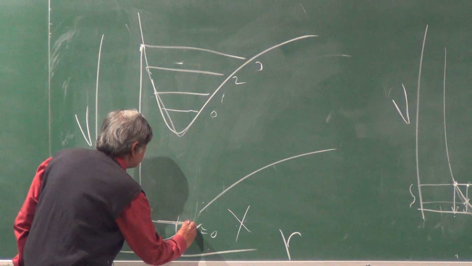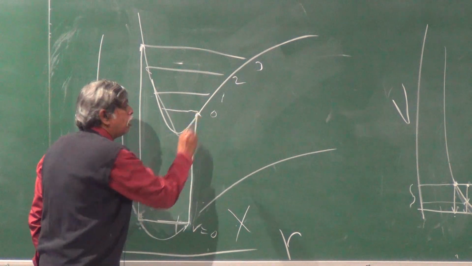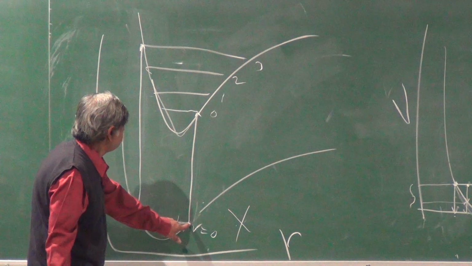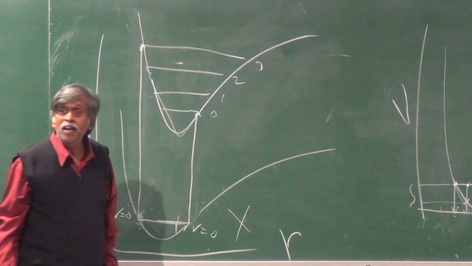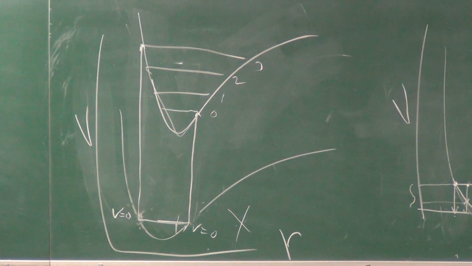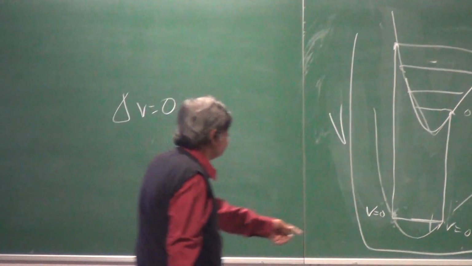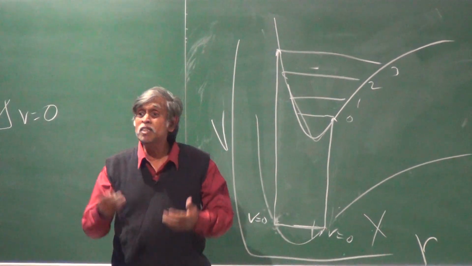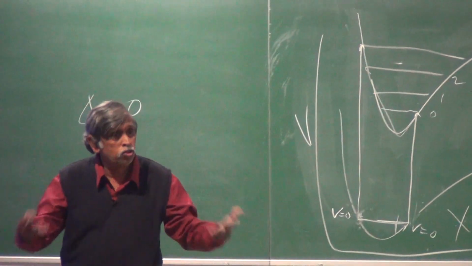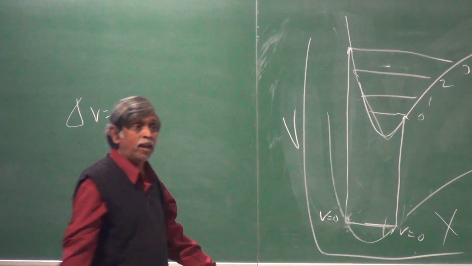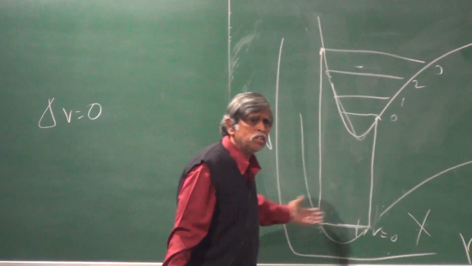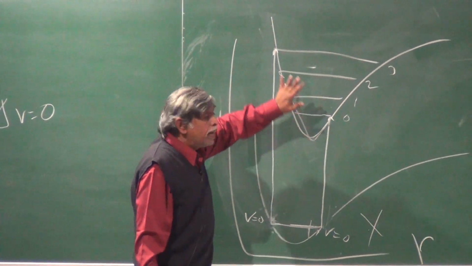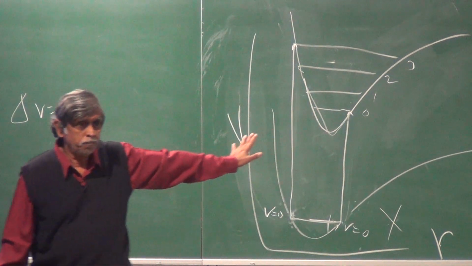Let me jump from here. Then what happens? From here, I can go from here to V equal to 0, meaning depending on where the molecule actually absorbs the light, it could go from V equal to 0 to V equal to 3 in one case, and V equal to 0 to V equal to 1 in another case, which means if you actually recorded a spectrum, you will see both transitions. Because the molecule can actually absorb light anywhere on the traverse, and therefore you will see this transition as well as this transition in the potential that I just drew for you.